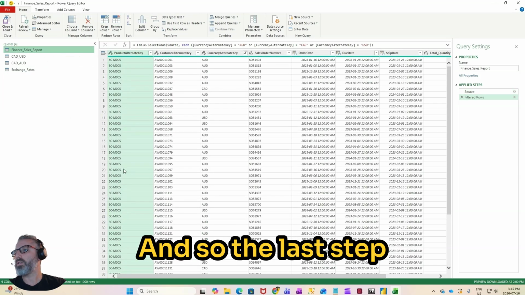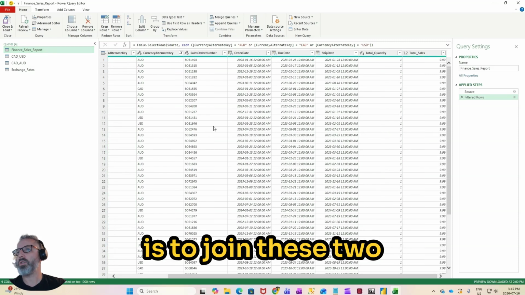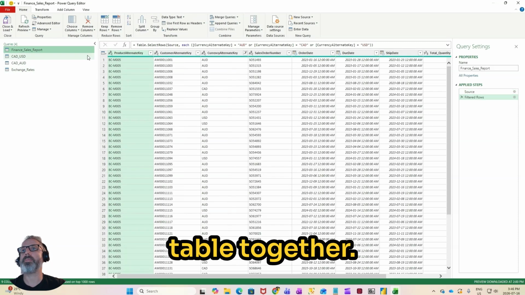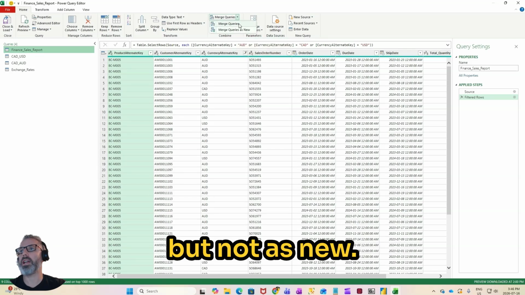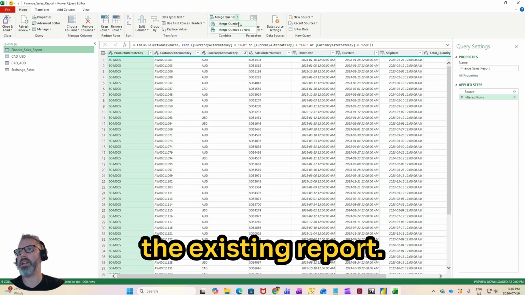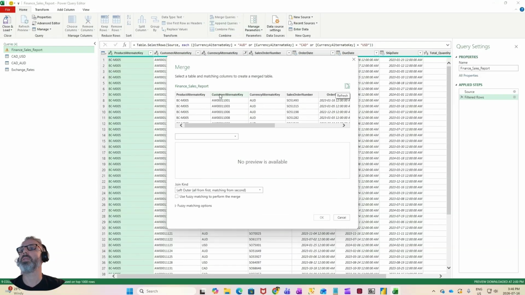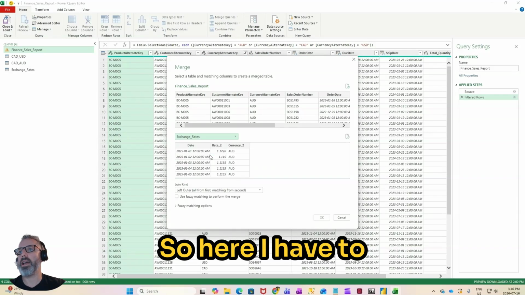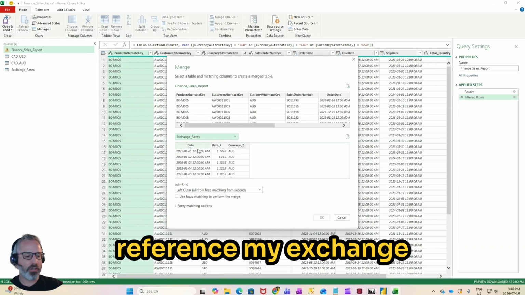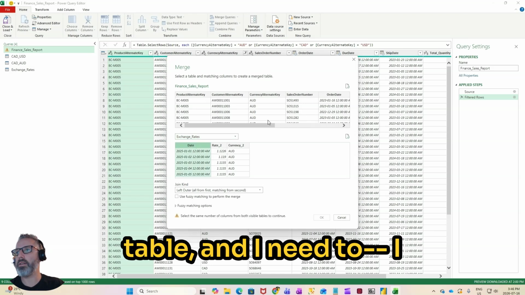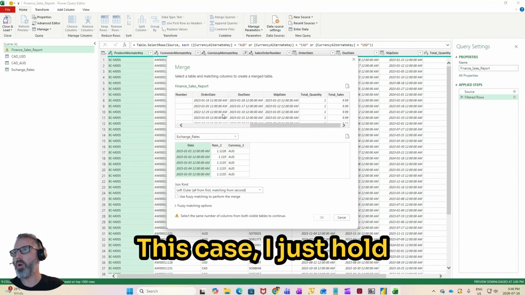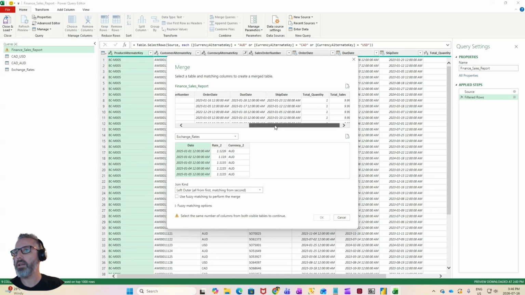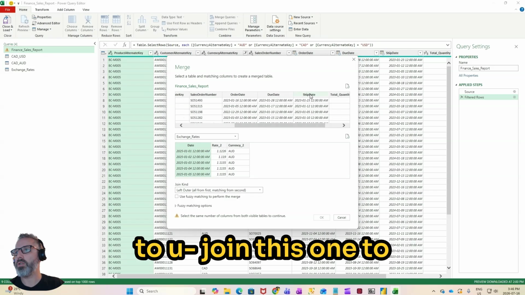And so the last step is to join these two tables together. And for this, I will use the merge query, but not as new. I'll just merge it with the existing report. So here I have to reference my exchange table, and I can join multiple fields. In this case, I just hold the control key, and I'm going to join this one